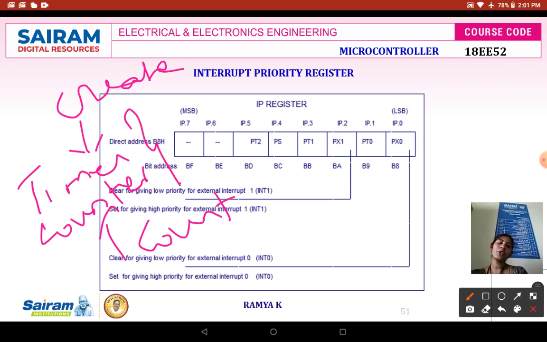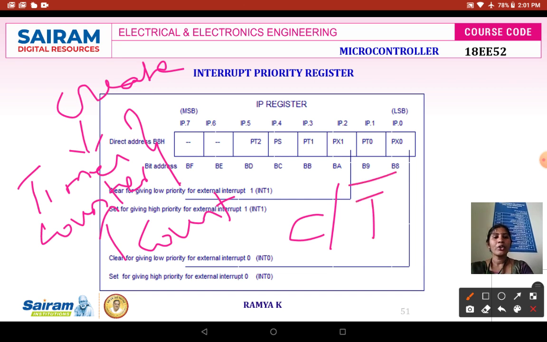When you want to use the TMOD register as a timer, then in the C bar T bar bit you have to place 0 to make it a timer, or 1 to run it as a counter. So it is the major difference.